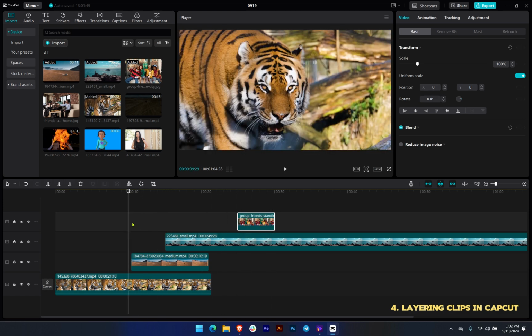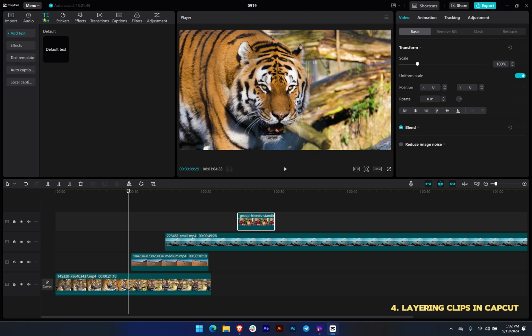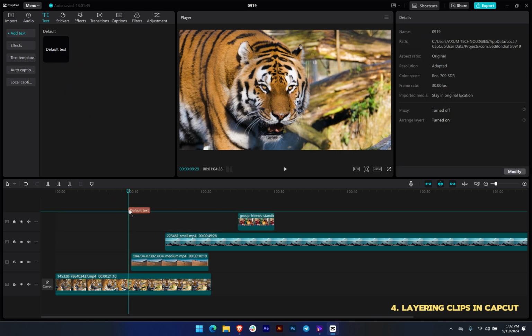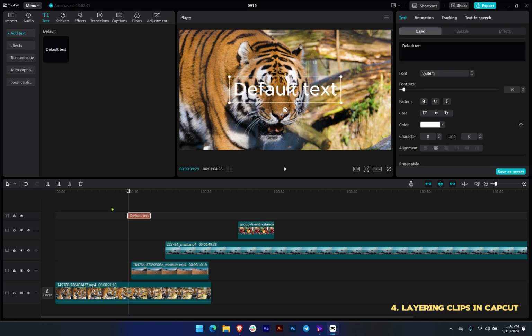Let's say, for example, you wanted to add a text. Go to the text icon and click a text, or right-click on this default text and then drag it to your timeline. So adding clips or stuff to your CapCut